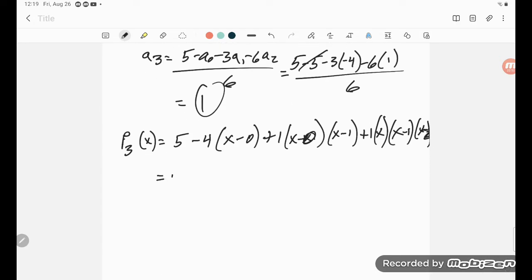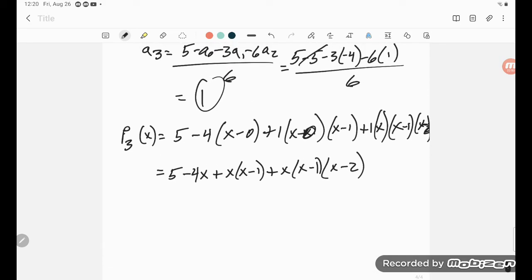So this is equal to 5 minus 4x plus x times x minus 1 plus x times x minus 1 times x minus 2. Okay, so that's what we get. And now, you know, again, that's kind of a pain if I want to put in a half, you know, x equals a half or something. As it is, it looks like sort of a pain to evaluate. But again,